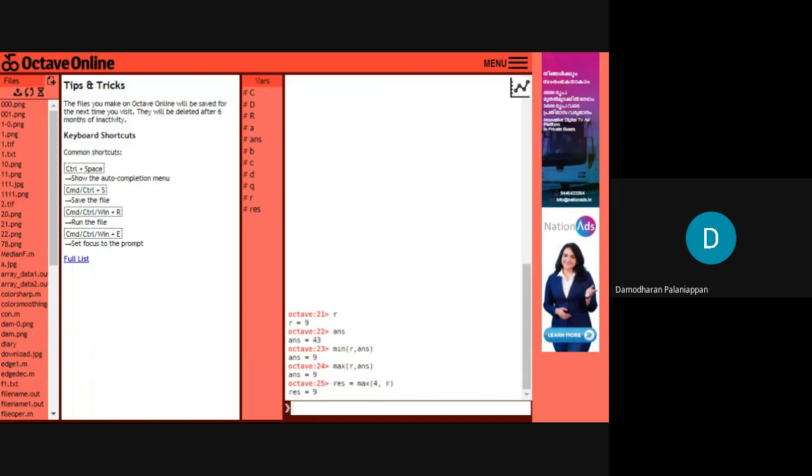I'm typing here the commands you want to put out. sqrt, the square root function, square root of 33, 45. a equal to 90, b equal to 89.